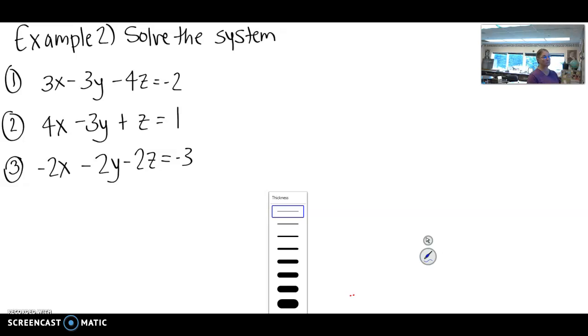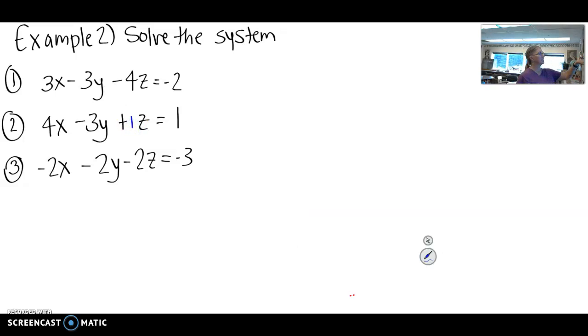We could get those to eliminate pretty quickly, but then we have that negative 2y in equation 3, which I'd have to multiply by a fraction again, or multiply both equations by something. So I'm not going to do y, but if you look at z, you get a negative 4, a positive 1, remember there's really a 1 here, and a negative 2. I can eliminate z probably most easily. So let's do that. So if I pick equation 1 and 2, in equation 1, the coefficient of z is